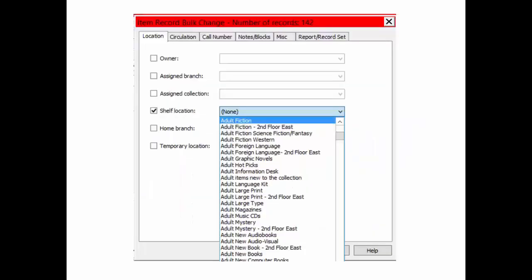In the Location tab, you can change the assigned branch, the assigned collection, the shelf location, and the home branch. You probably won't be changing the owner or the temporary location very often. Start by clicking on the field you want to change. Then click on the arrow in the box to select the selection you want to pick. You can change more than one of these fields at a time, such as changing assigned collection and shelf location